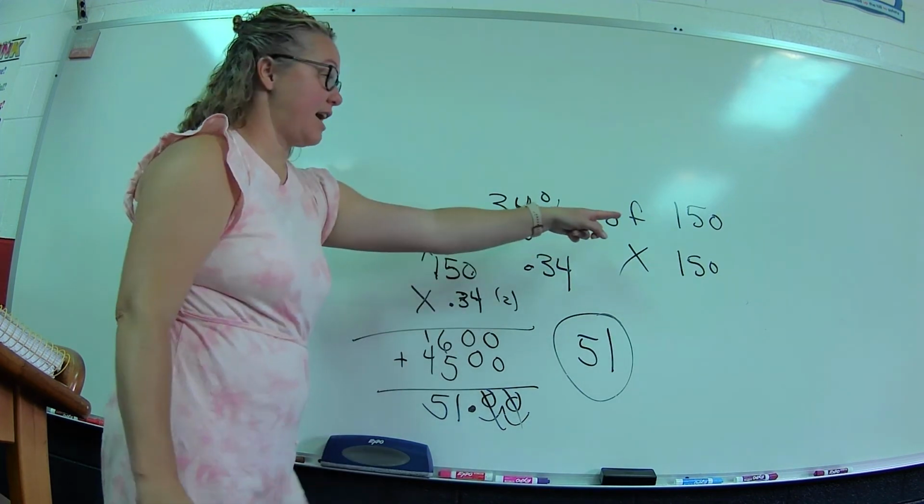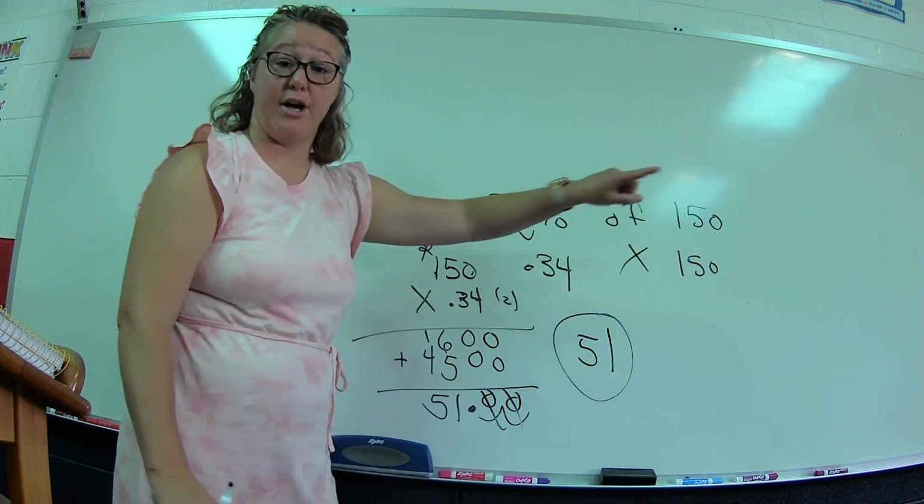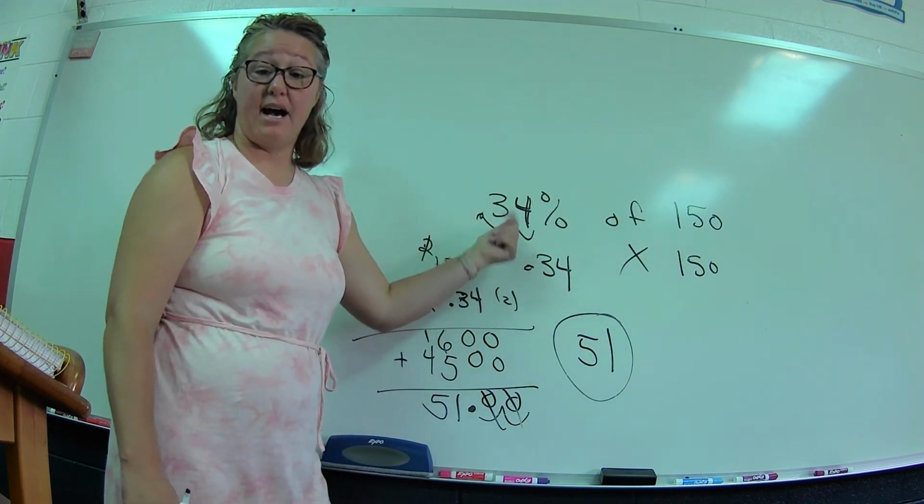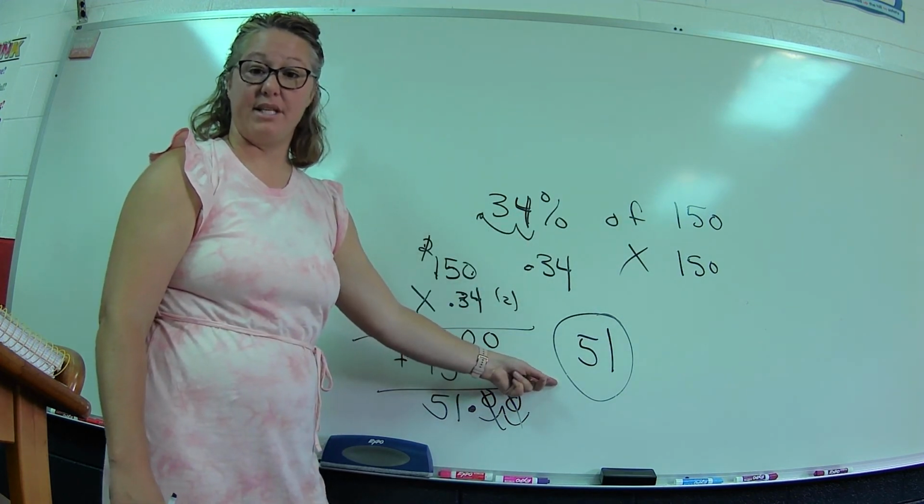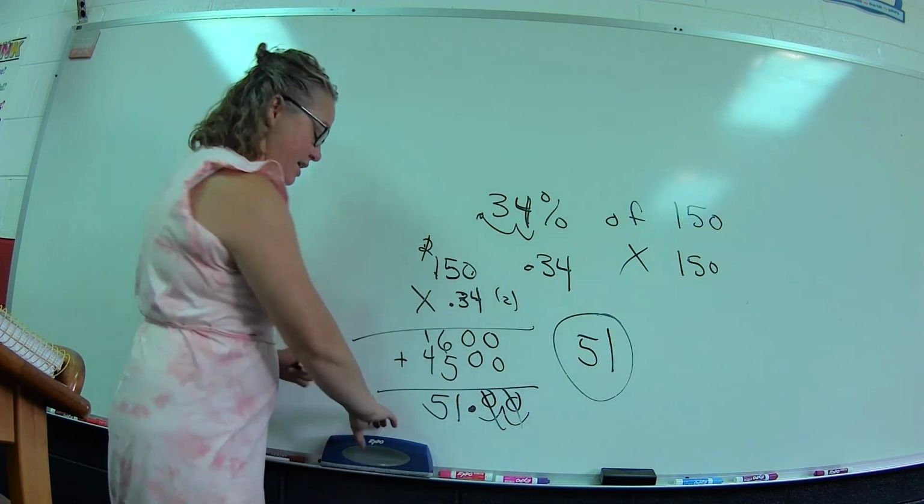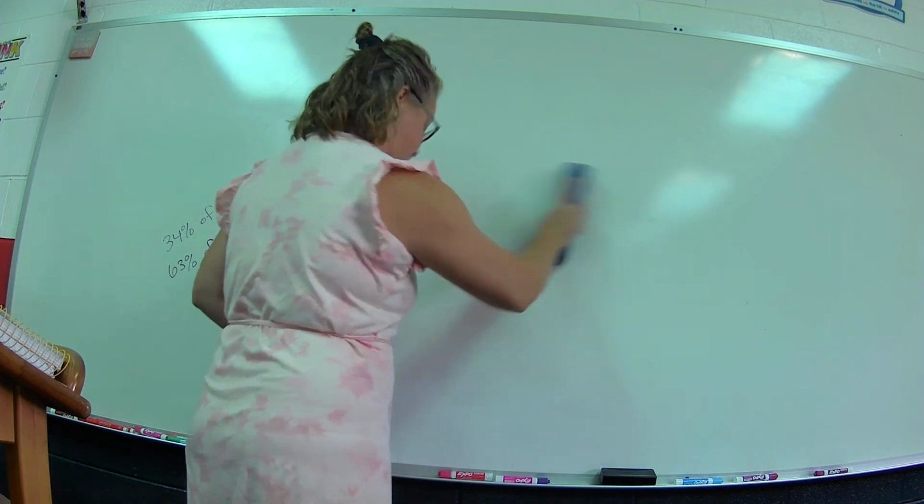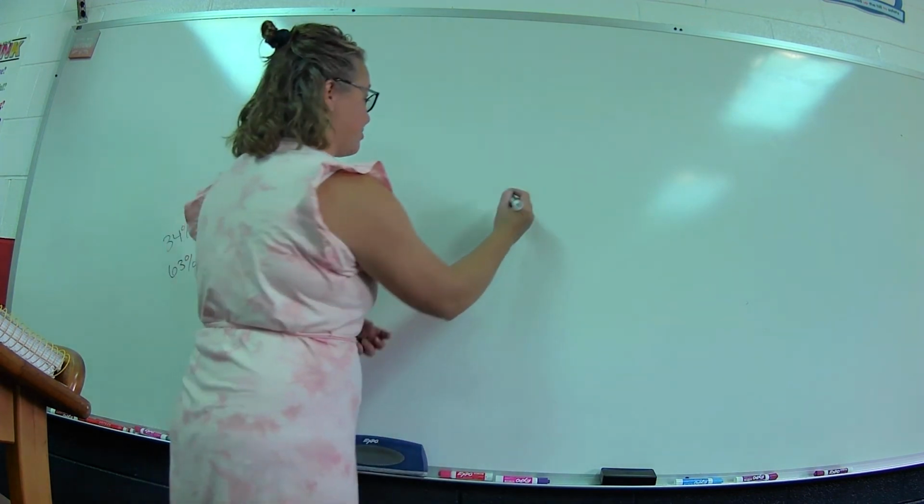Say I had 150 students or 150 pieces of candy, and you ate 34% of them. That means you ate 51 pieces of candy. So you know why percentage is kind of important. Kind of lets you know what's going on. All right, our last one,